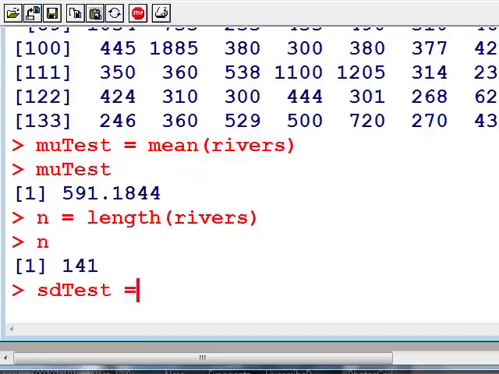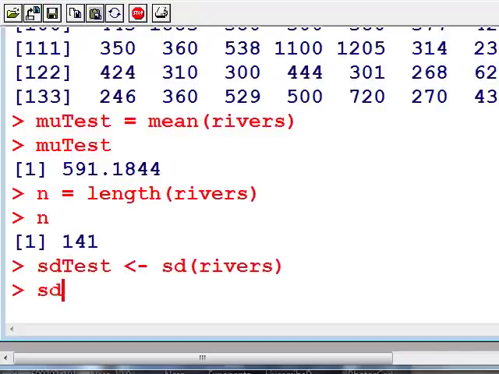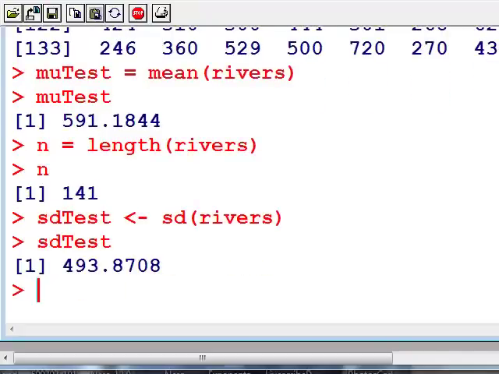You can use equal, and there's also an assign, and you can use either one. So I'm taking the standard deviation of rivers, and let's take a look at it and see what it is. Oh, that's fairly large. Okay, I'm going to compute the other,